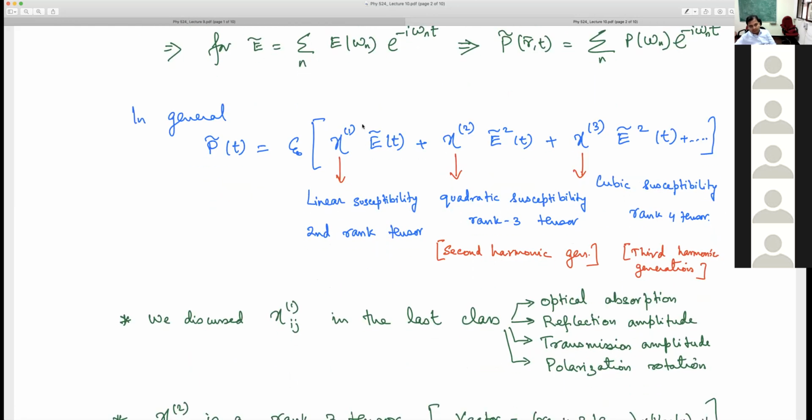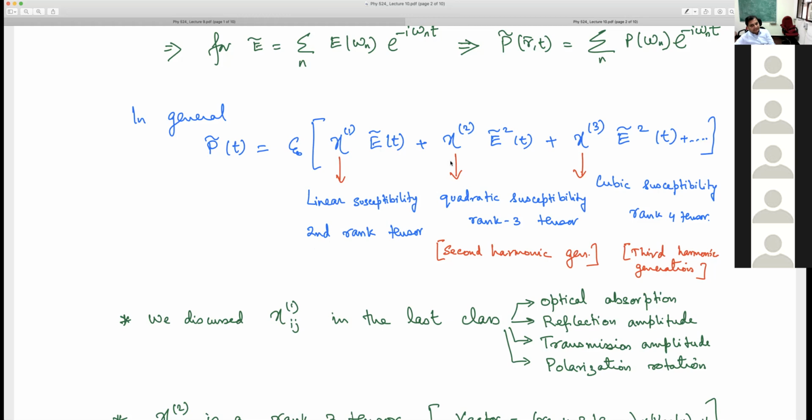Okay. So the first order, of course, is the linear susceptibility, what is called the linear response regime. We will always focus on the first term. And chi2 is called the quadratic susceptibility, related to second harmonic generation. And chi3 is called the cubic susceptibility, or third harmonic generation, etc. Okay. And another thing which is important to understand is that P is a vector and the electric field is a vector. So I connect one vector to one vector. So the chi has to be a matrix. Right? So a matrix is a second rank tensor.